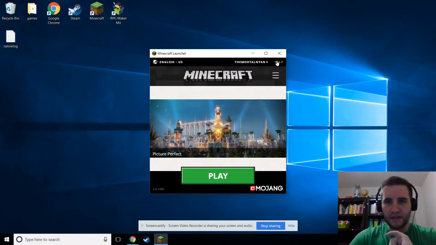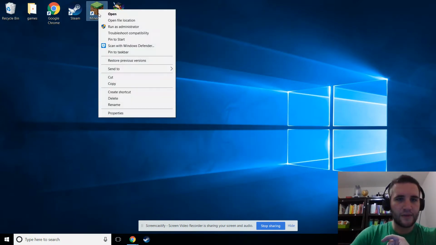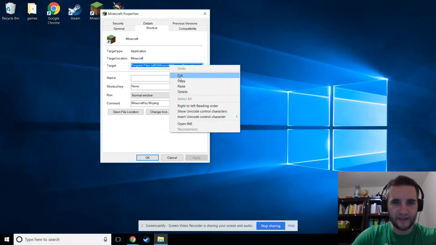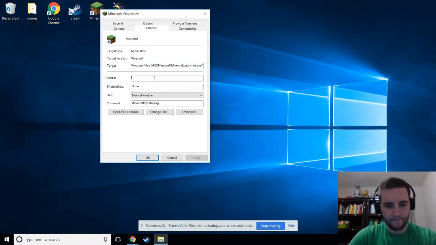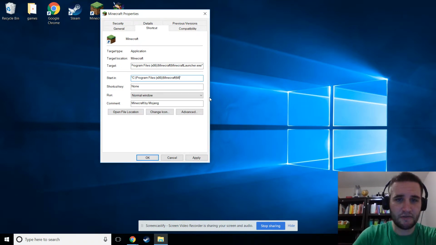All right, it's being used by the program, so we'll just close the program. There we go. Go to Properties on the Minecraft link. Now highlight the target, copy it, and then paste it in the Start In folder, because that's where it will be generated. Then just remove the Minecraft.exe from the end